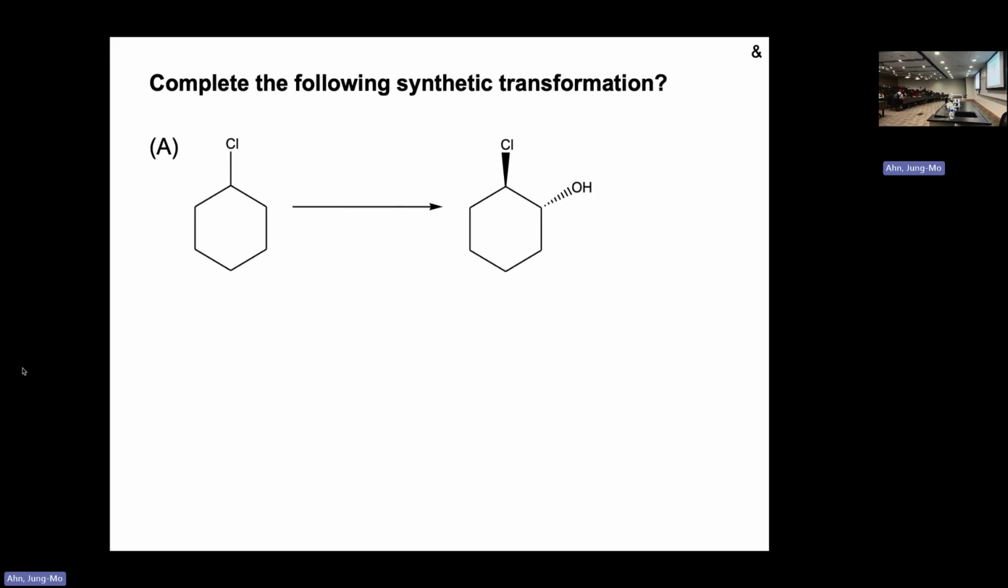You have chlorine on the cyclohexane. That's where we start. You're still going to have a chlorine there, but somehow you got the OH next to the chlorine. And that is a key to solve this problem. I know I've been telling you in organic chemistry that memorization is not needed, but some amount of memorization is